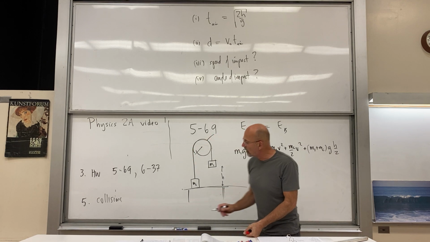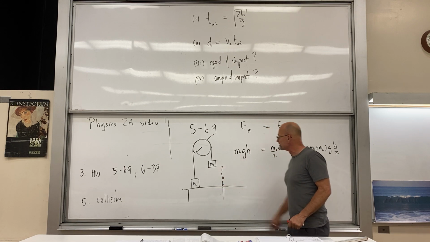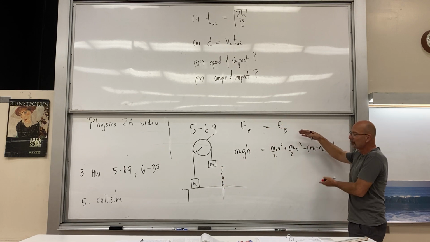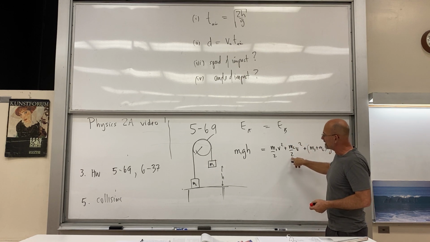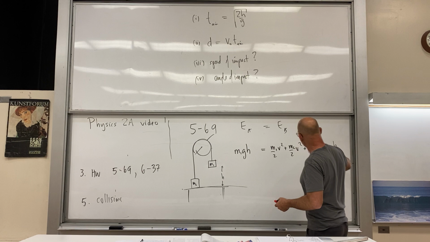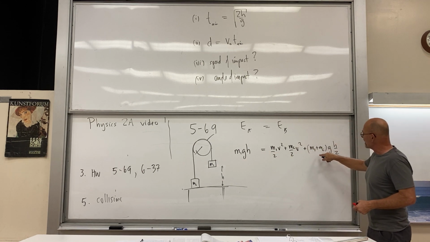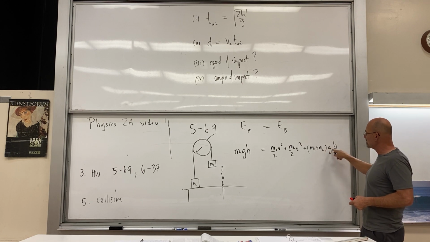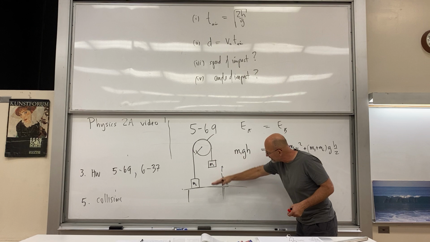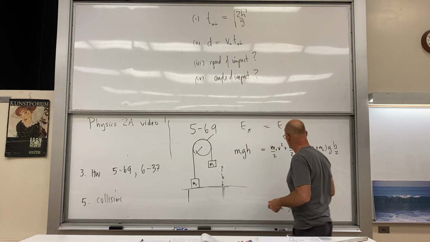The speed at the moment this mass strikes the table is going to be set up in the same way. They're both going to have the same speed. The potential energy, so we're looking at the right side still, stays the same. The kinetic part is going to be the same. The potential energy will now be M2gH, because M1 will be down at the bottom, and this one will have the new potential energy.